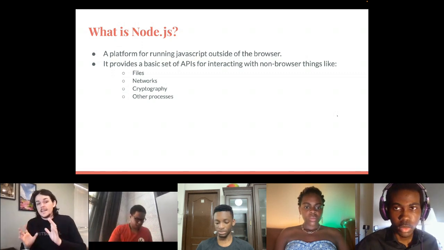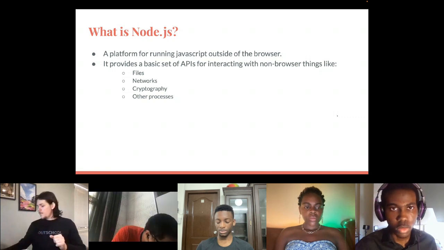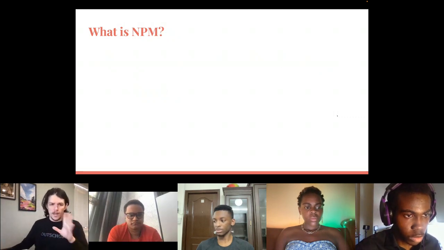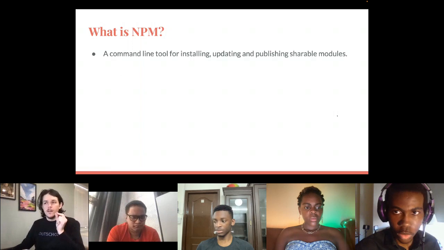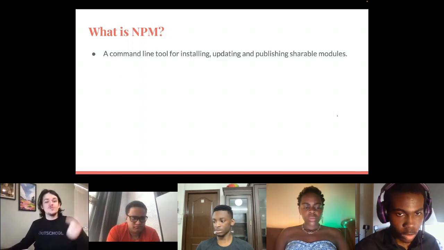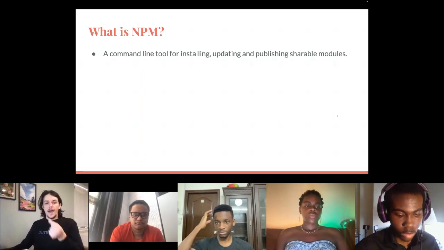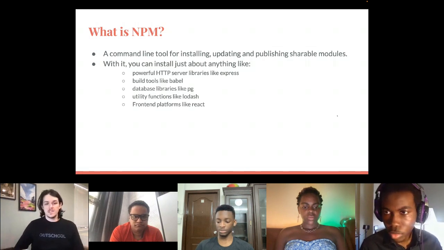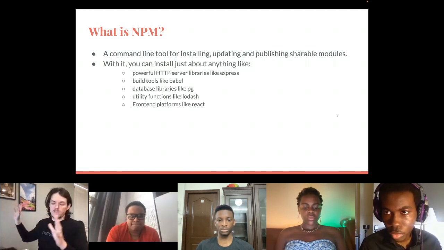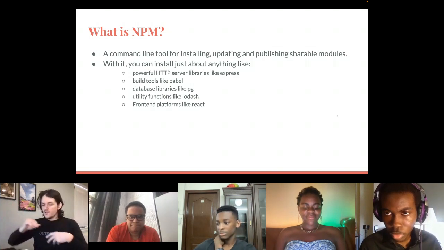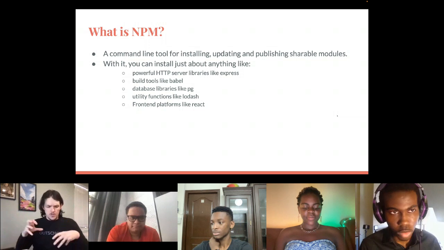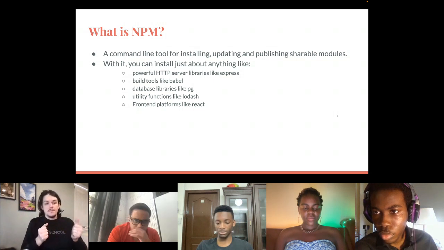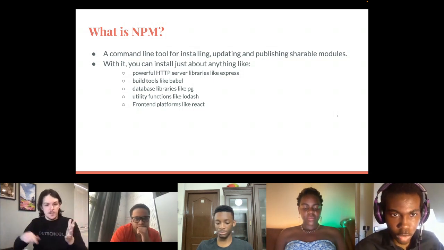And in fact, there's even ways and tools now for interacting with. In order to do that, what you actually want is a tool called NPM. We hinted at that a while ago, and it's a package manager. So it's a command line tool, and it runs on Node, and it allows you to use, update, and publish shareable packages. And so now you can install anything from a powerful server library like Express that allows you to write HTTP servers with ease. You can put in build tools like Babel. Even TypeScript is available and can be installed with NPM. You can install database libraries for interacting with your database like Postgres